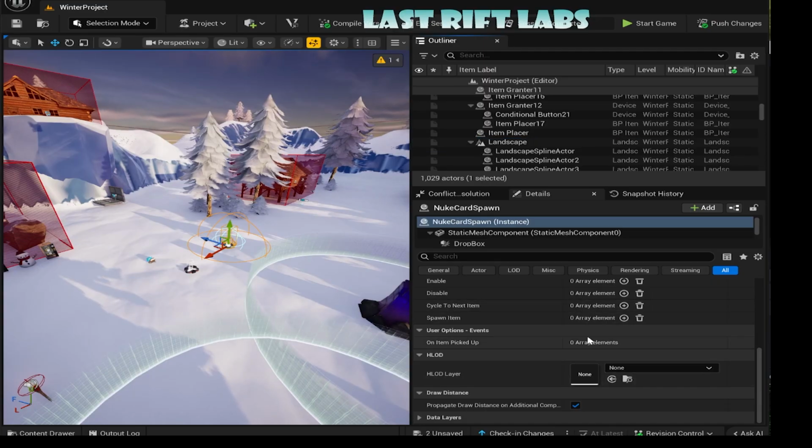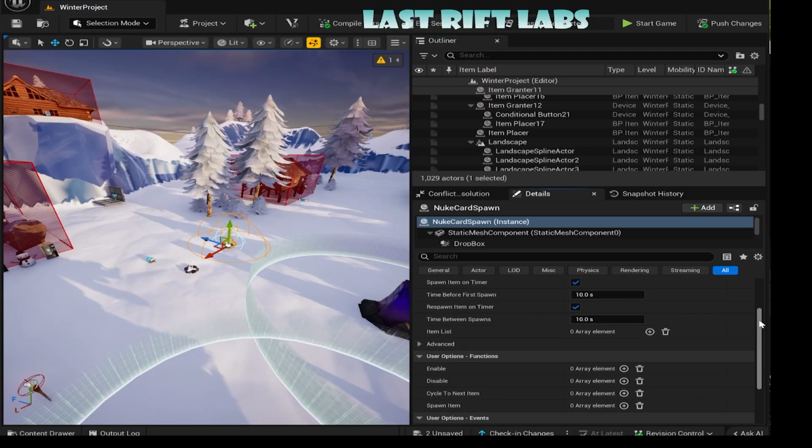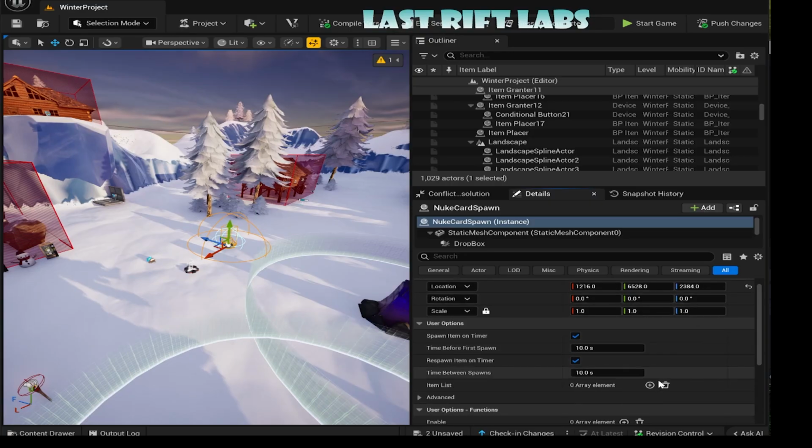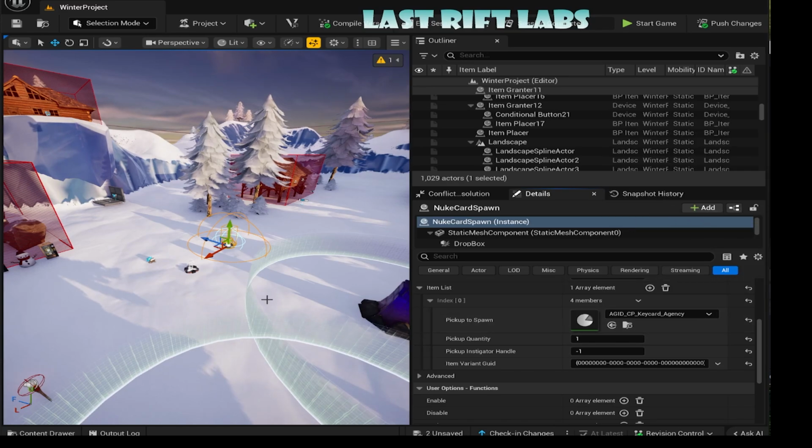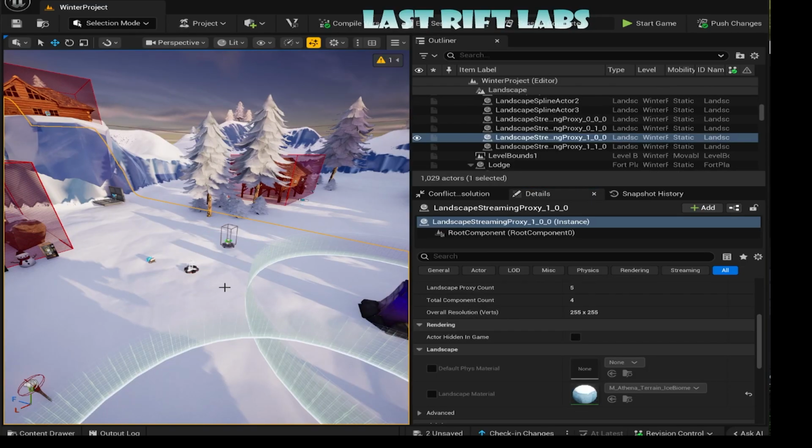And then we're going to make this spawn a key card, and make it use the authority key. Great. So this thing is going to spawn the authority key, and then we're going to use the authority key to activate this conditional button. If we open our Verse code here,